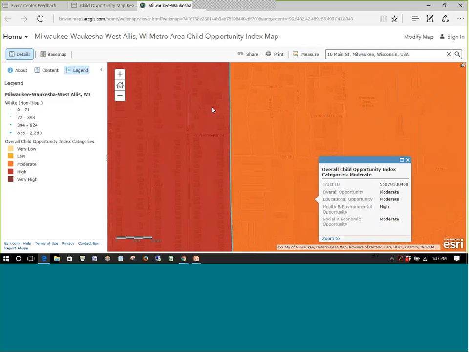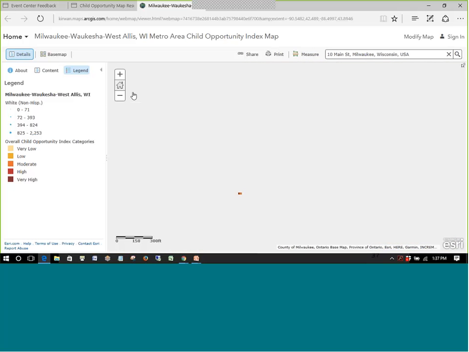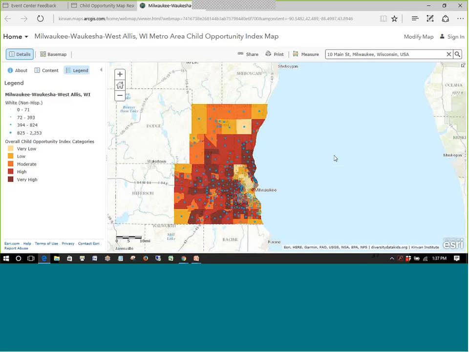So I think that looking at these maps gives a really good visual sense of the geography of opportunity and also how children of different races and ethnicities are distributed, often inequitably, across those areas of opportunity. But the maps can be a little difficult to summarize in just a few words. So one of the things that we did was we created a visualization to supplement these maps to allow you to summarize the data. And you can look at that visualization by going back to the Diversity Data Kids